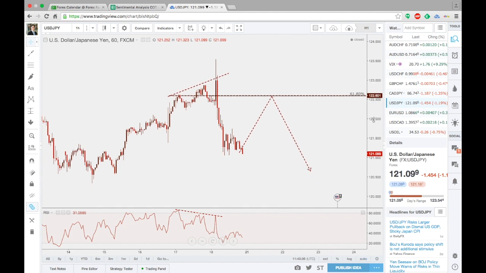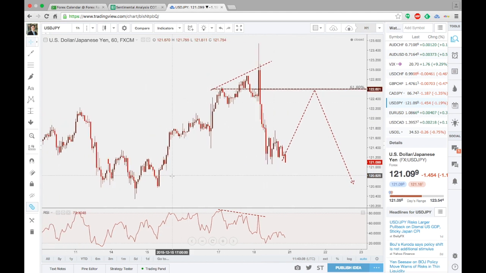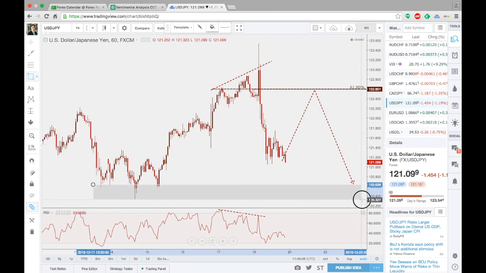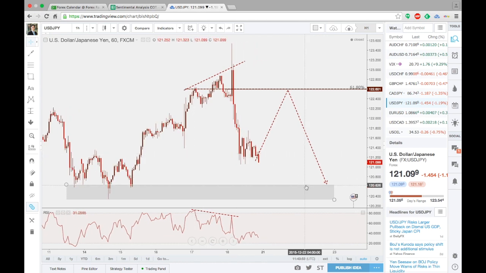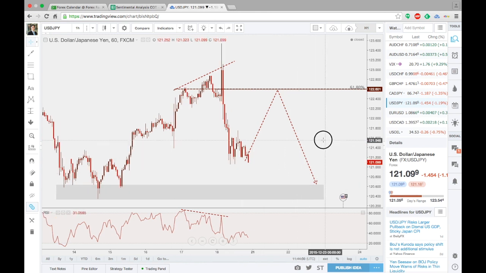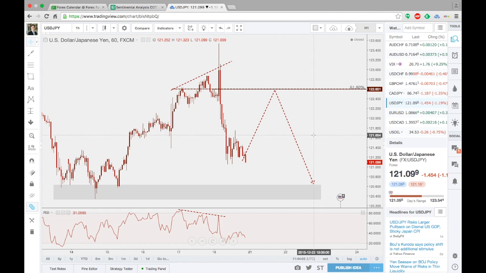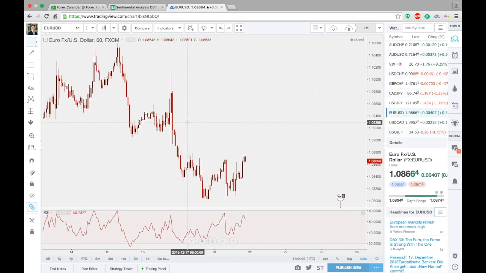But if you are really looking into following the overall trend, you might look to buy into dollar yen around this period, this area, which is the previous support and resistance. That's around 120.60 to 120.40. So that's the region that you want to look at for a potential buy entry should you decide you want to follow the overall trend in terms of the Fed. The other pair that I want to bring you through is the euro dollar.